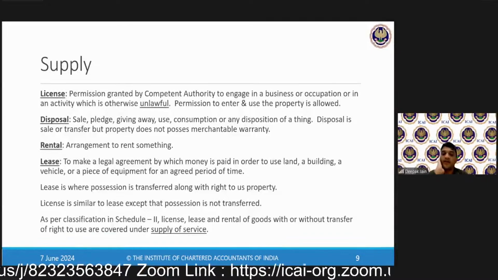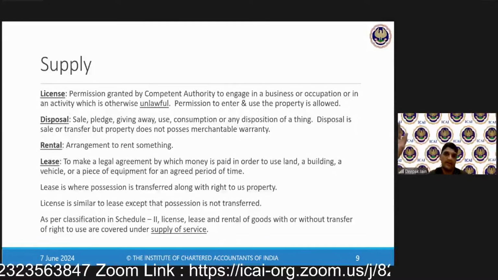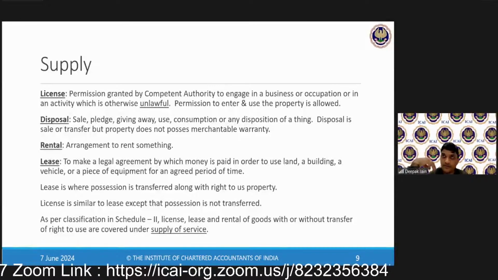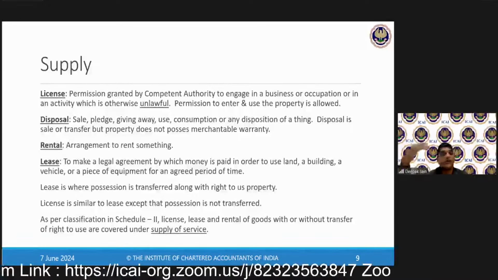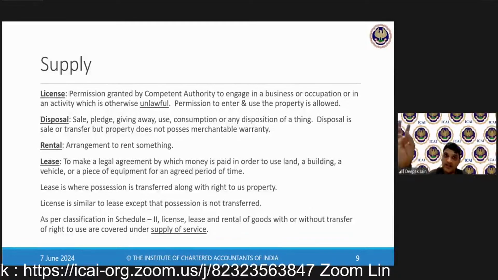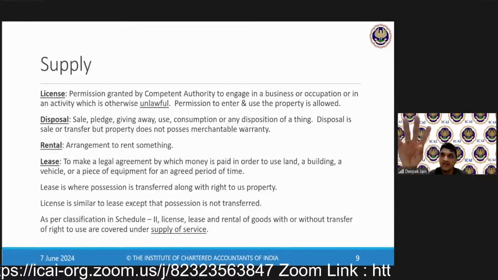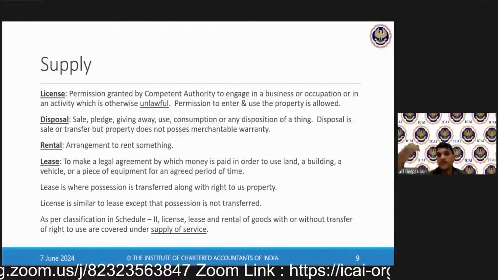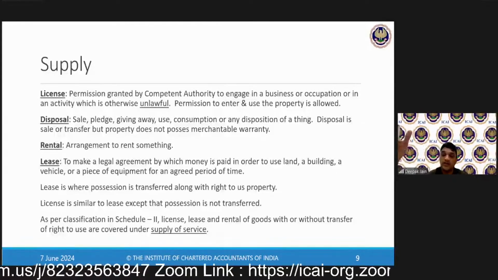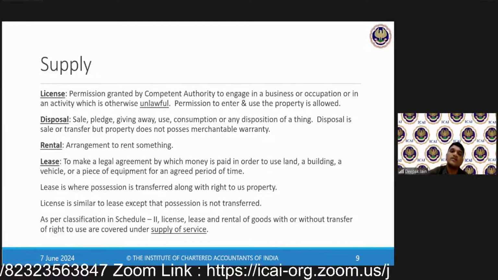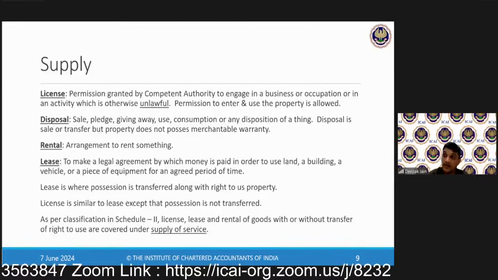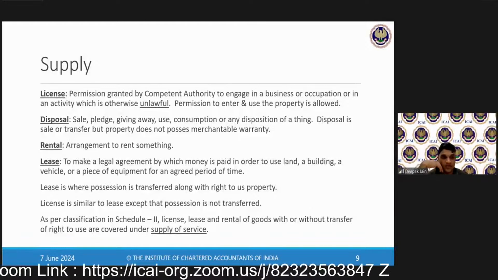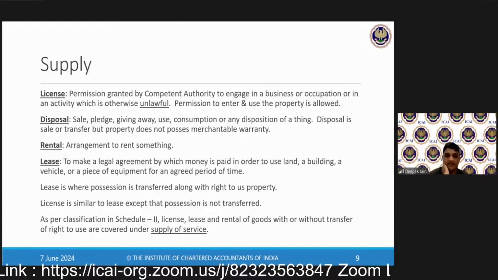Pledging is supply? Unni Krishnan, pledging is not supply. So if you go to Manappuram Gold, you give your gold there and get the money. Will they charge GST? No, they will not charge GST because pledging is only a transaction in money. Now he has to give you money. He is not sure that you will return it to him. So Manappuram will collect jewelry from the person who wants the loan. So it's all a transaction in money.